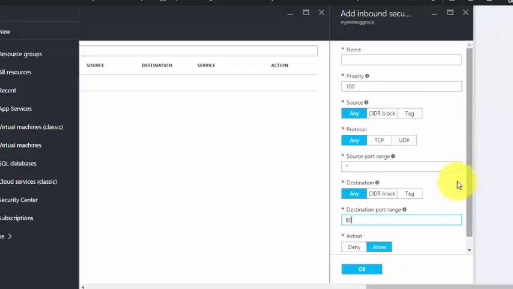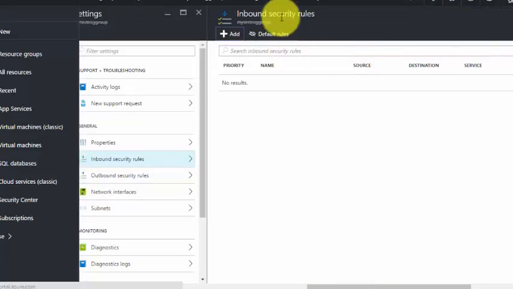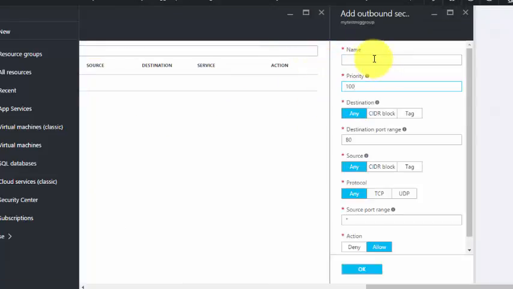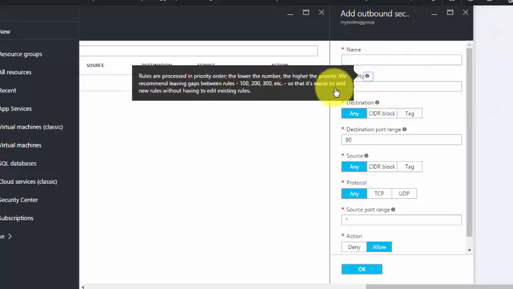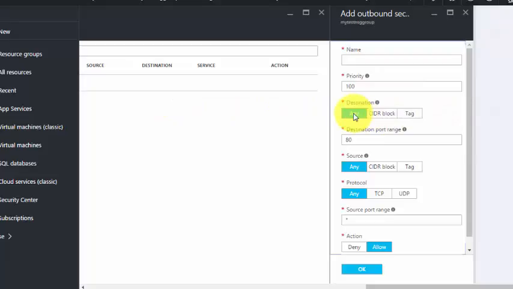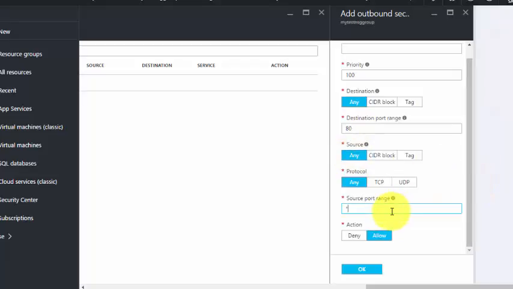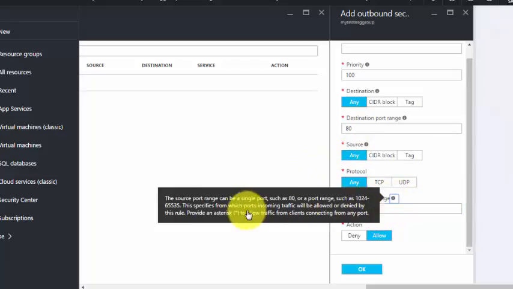So you can add various rules for the inbound, and similarly for the outbound rules, click on outbound security rules here, click on add. The same thing, you can give the name of the rule and priority. If you look at the priority, it is 100, 200, 300, so that it is easy to add new rules. Destination any, or you can give a CIDR block IP address range. Source any, or you can specify the IP address here. Similarly the port range: asterisk is nothing but to allow traffic from all clients connecting for any port, or you can give a specific range,